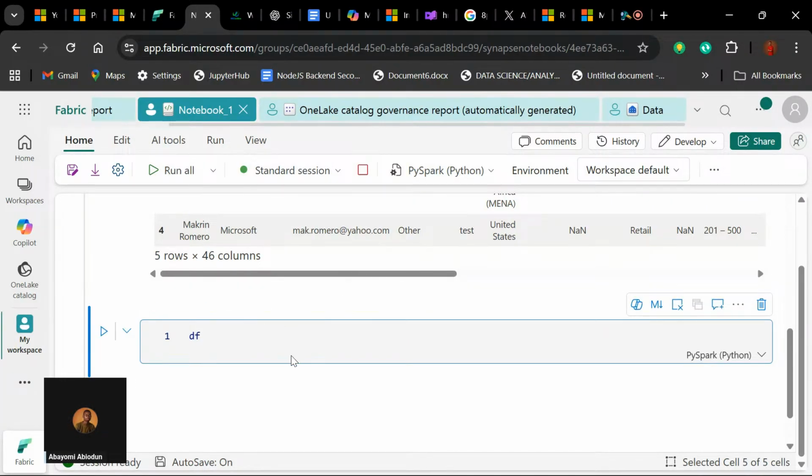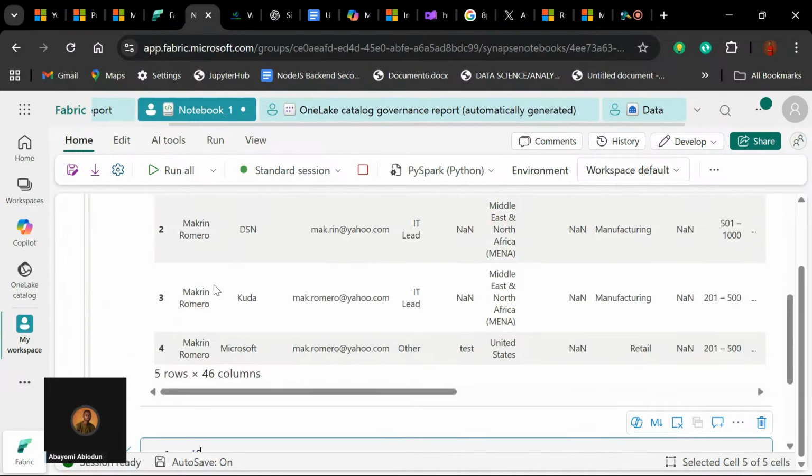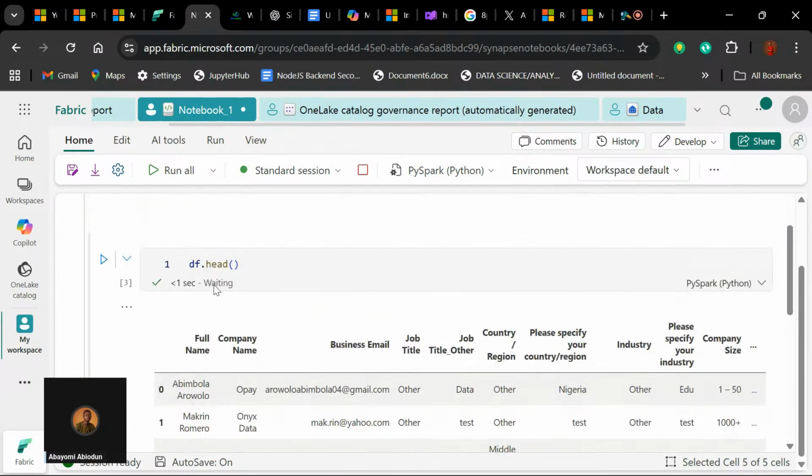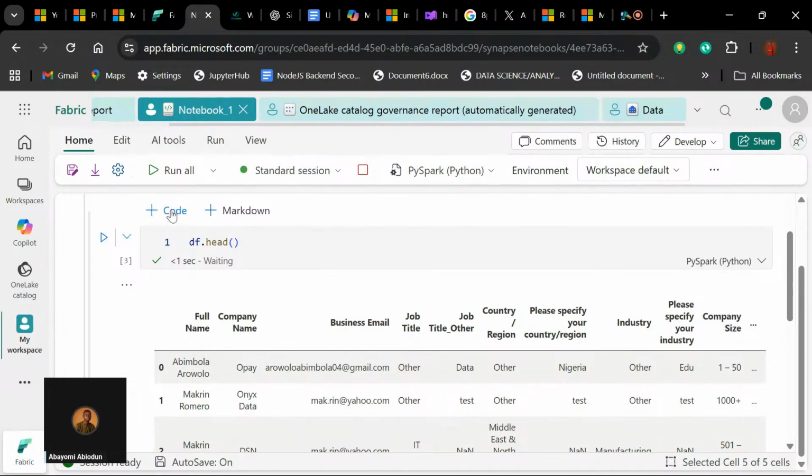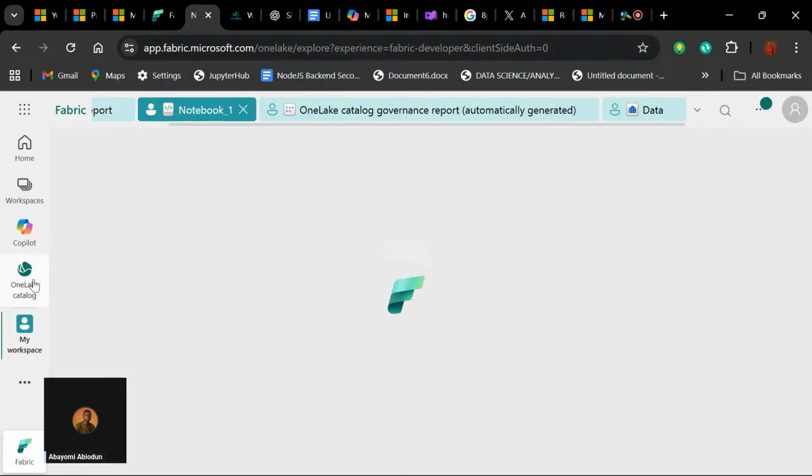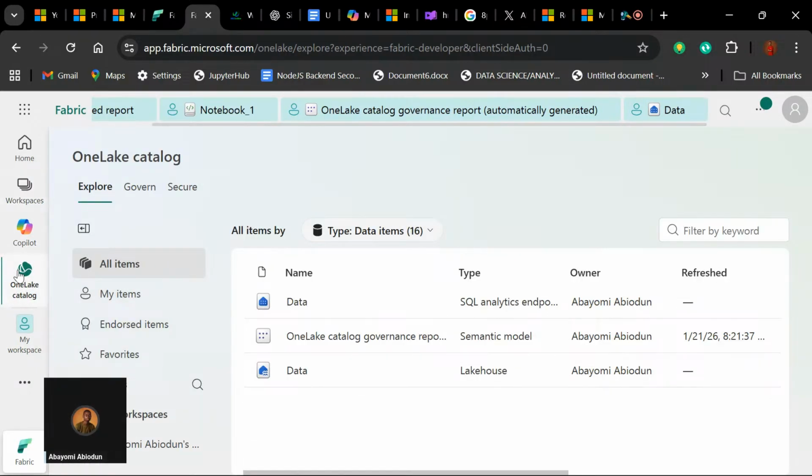It can be for BI access, and it can also be for notebook access. So depending on what they want to use it for, and then once the data is in the OneLake,